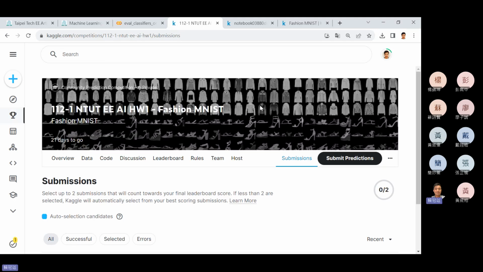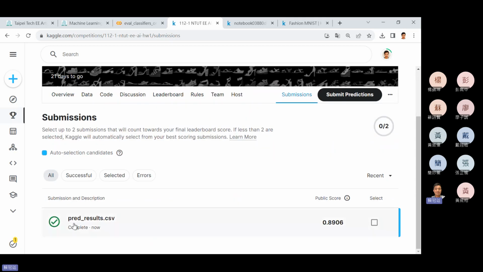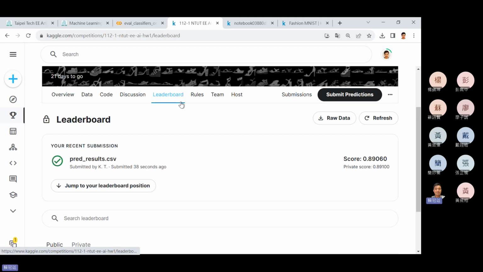So there's the most simple way: download the example prediction results and then submit directly. Then you will get 89. But I know all students work very hard and want to learn and understand machine learning and deep learning. So you will run the code and upload your own results. But if you are too busy, you can just download the CSV file and upload. Not recommended, but you can do it. So then you will have a